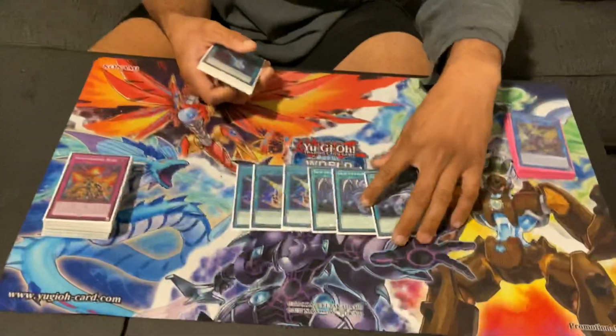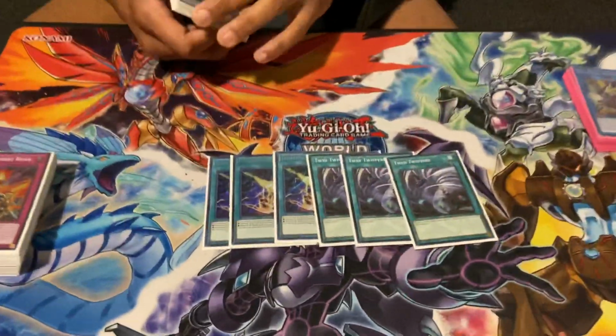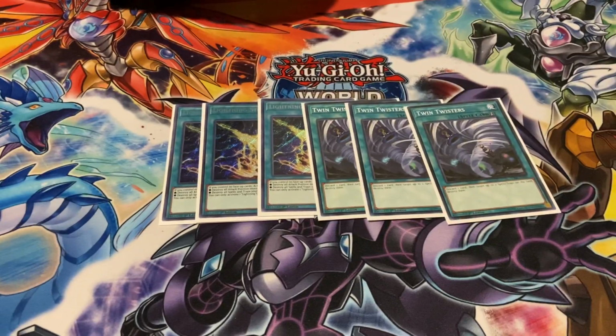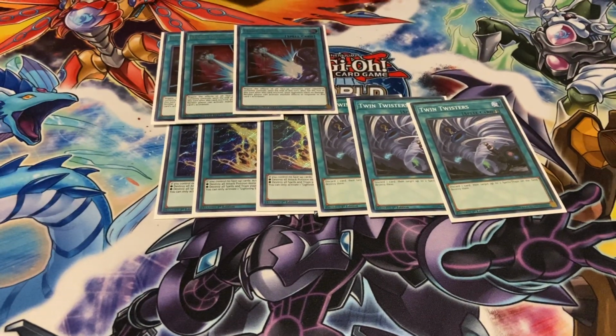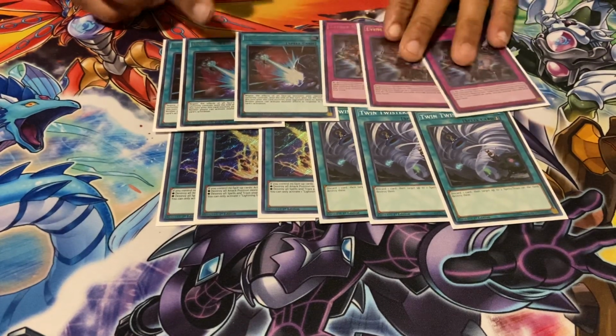So if you feel like you have enough resources to make a big push, then by all means, I think that's a great way to do it. If you don't feel like it would be beneficial, then 3 Twin Twisters, back row decks. This in combination is just insane. 3 Dark Ruler, no more, and 3 Evenly Matched. I wanted to have